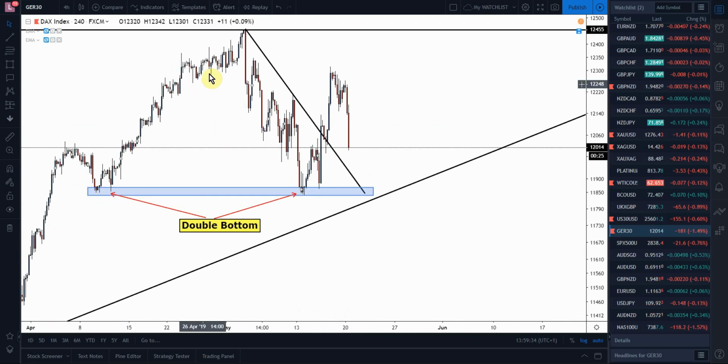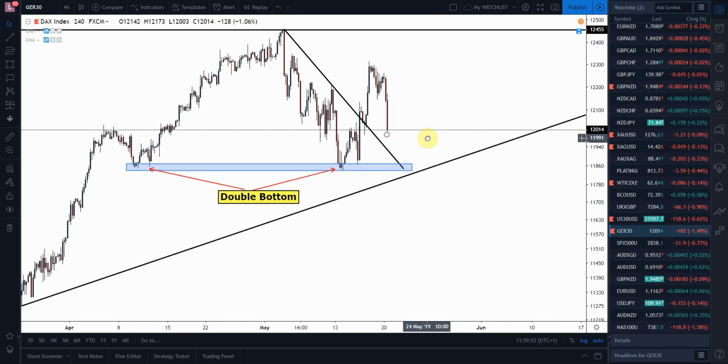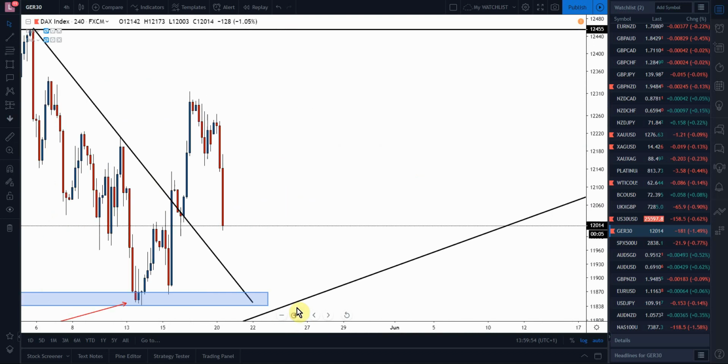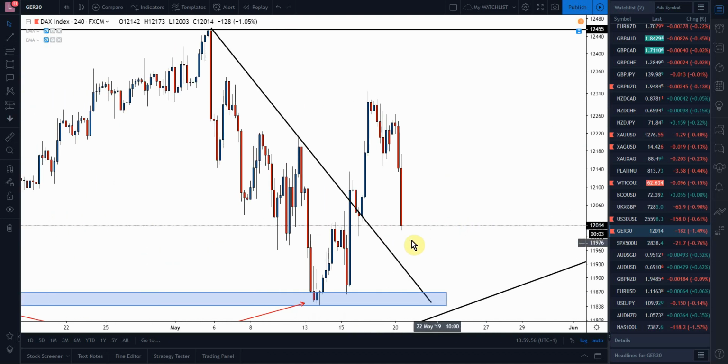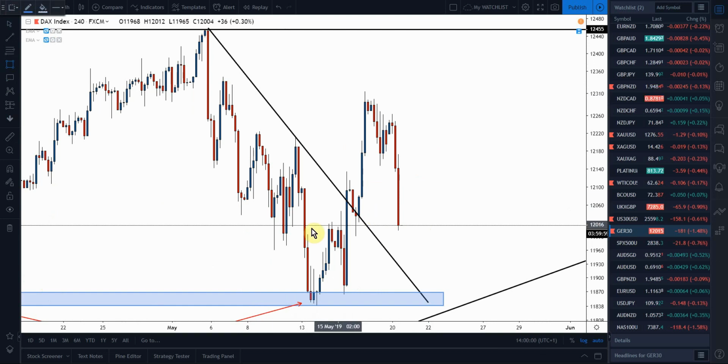They came in there, pulled back into the same area, buyers came in, pulled back, new higher low, there's the low, higher low, broke through the trend, getting quite a deep pullback, so we are getting into a nice area actually, so just keep your eyes on this as well, because we've got